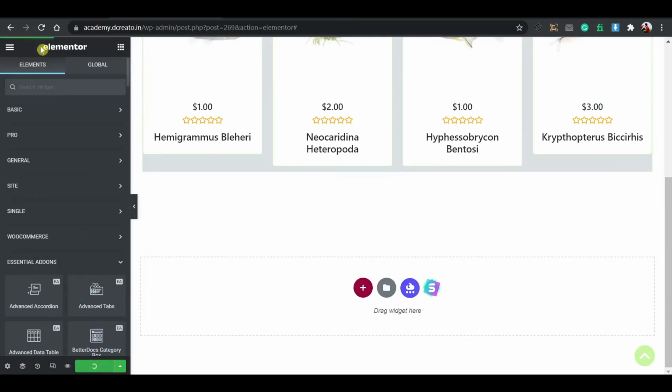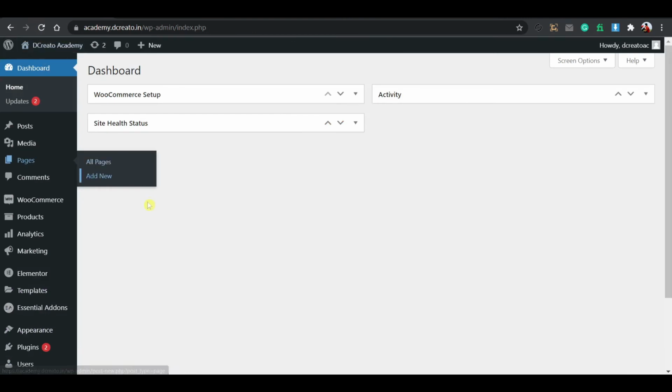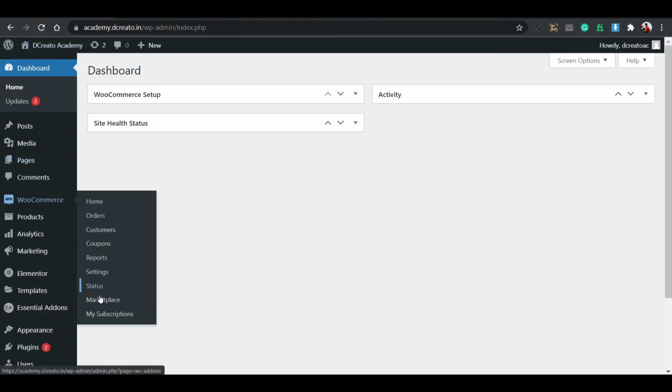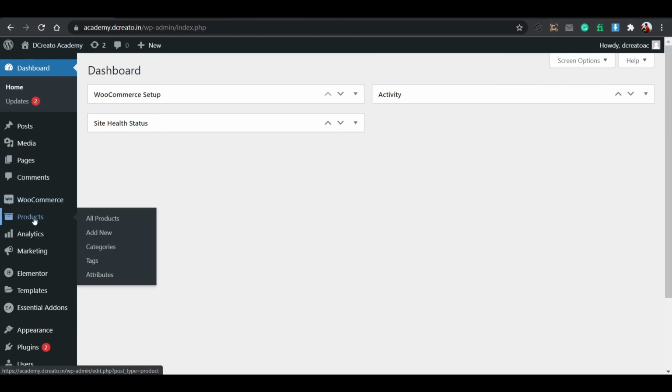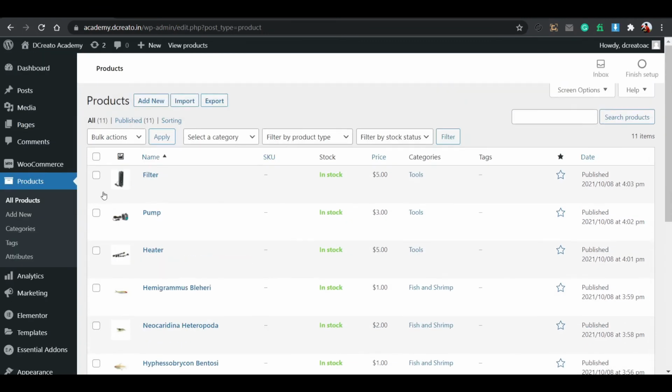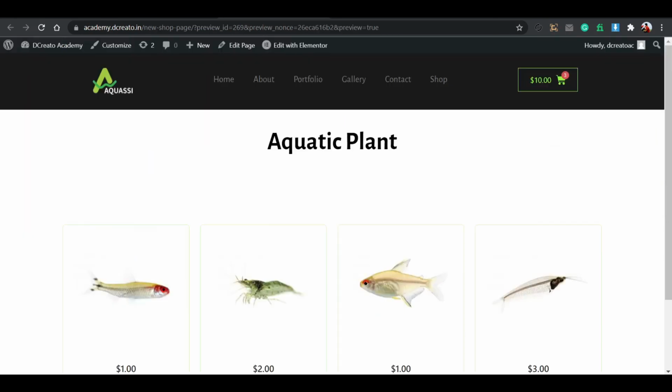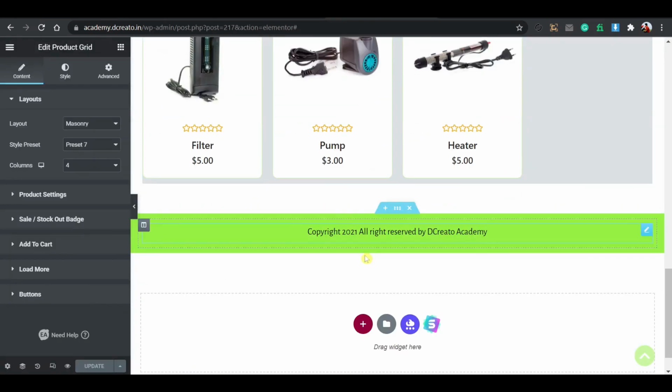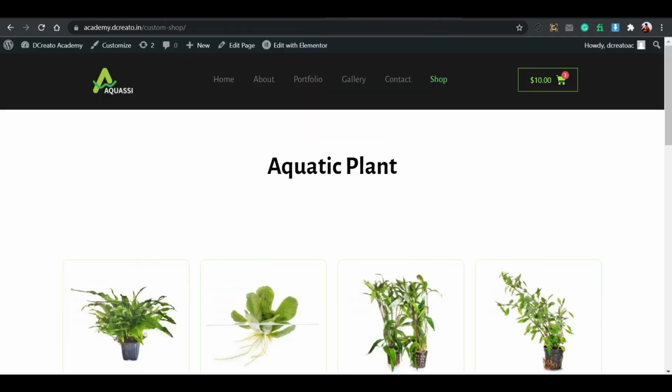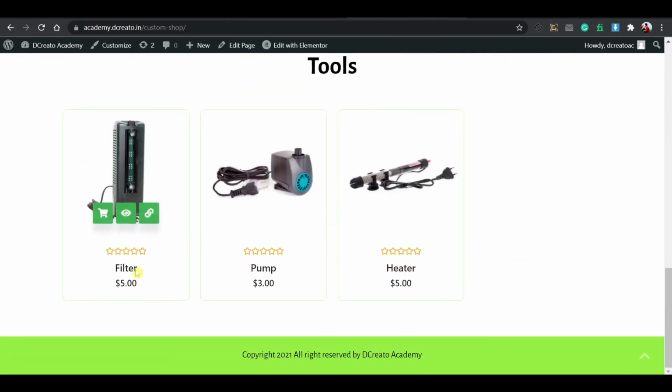So go to the dashboard. Just go to the dashboard, and you can see the WooCommerce. This is the WooCommerce feature, and the products is below under WooCommerce. So this is the products. If I click on all products, you'll see lots of products. If I'm deleting one product and adding one, so I'm deleting this product, this is the filter. I'm just deleting this, then adding one filter. So I'm deleting this, and then this is the filter. So I'm just copying this,